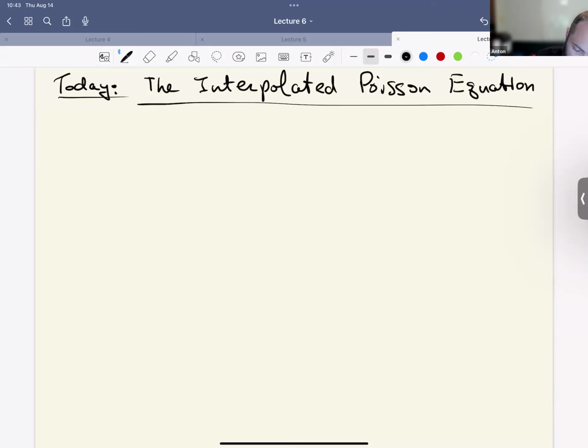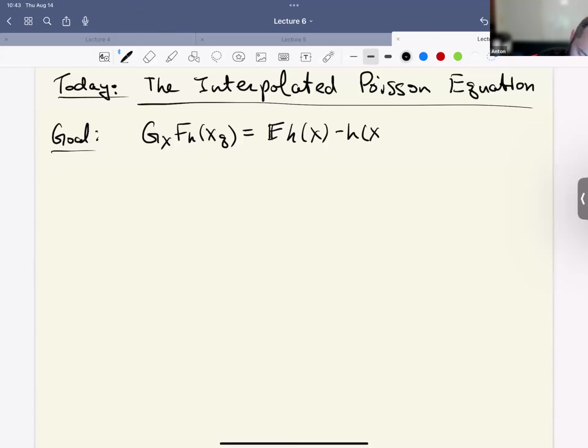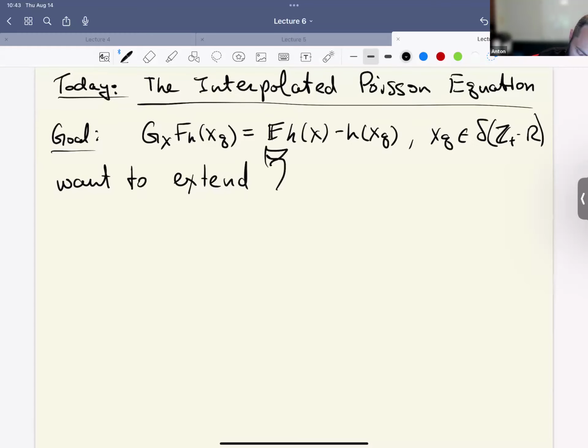Okay, so the goal, just to remind you: we have the Poisson equation for the infinite server queue, x sub q, and this is the standard equation, minus h of x sub q, where x sub q is in delta Z plus minus r. And we want to extend this thing to the entire real line